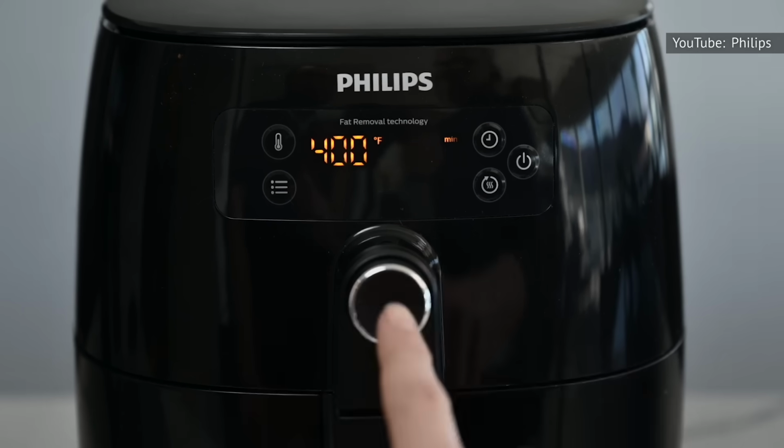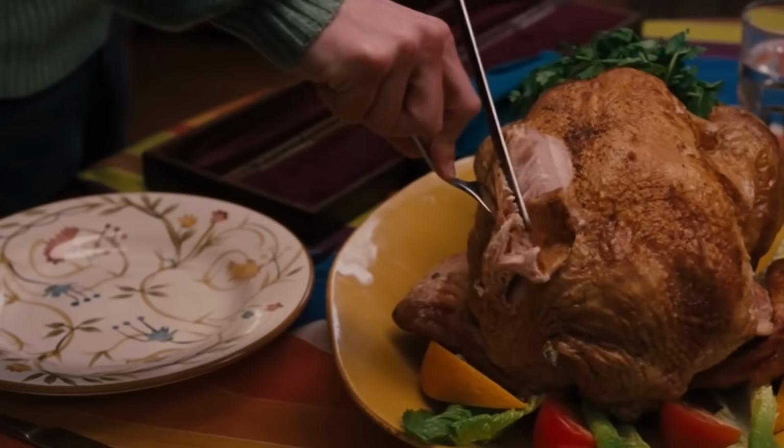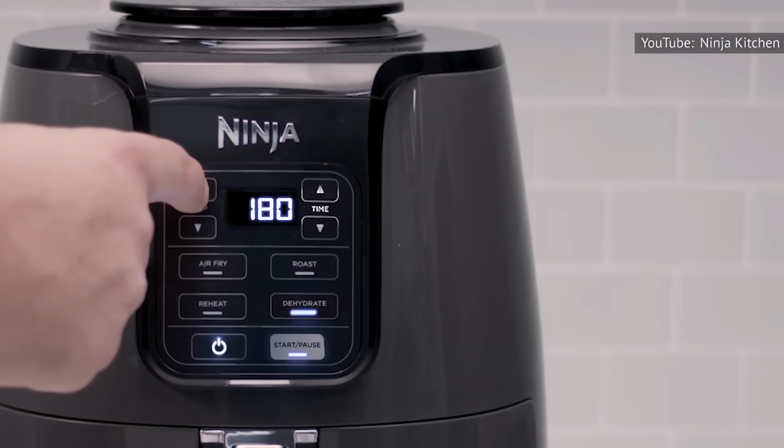in your kitchen. Of course, an air fryer can't do absolutely everything an oven can do. No, cooking a massive turkey for a Thanksgiving gathering probably isn't going to happen. But when it comes to everyday cooking, an air fryer can do most of the jobs an oven would normally